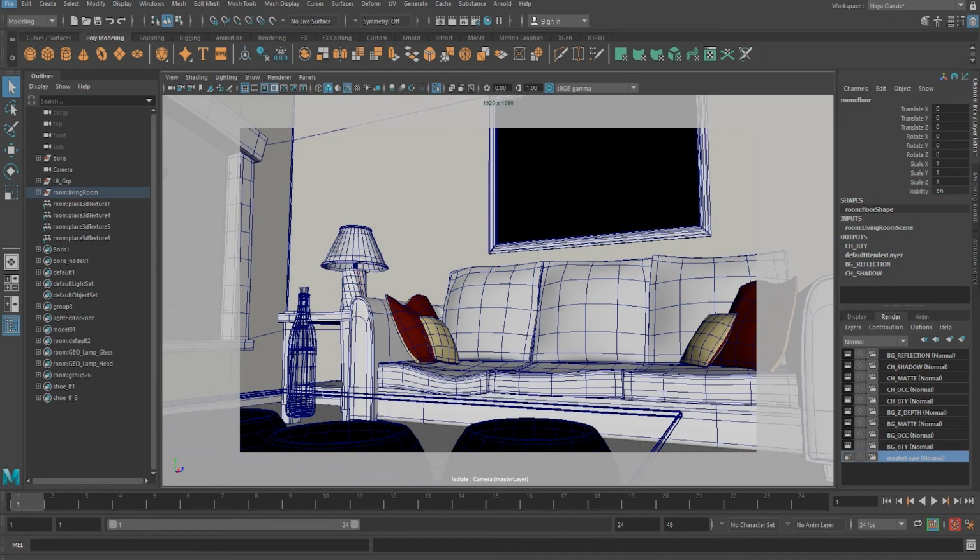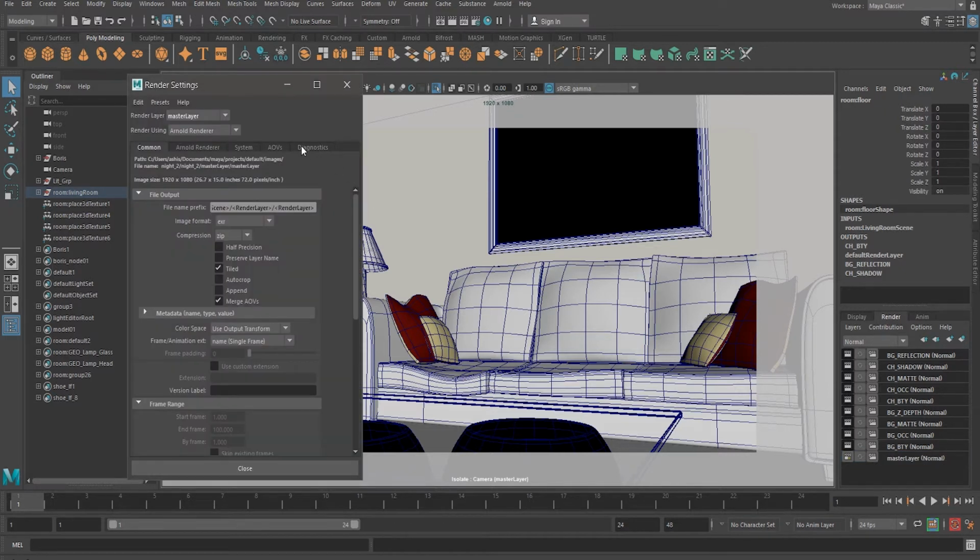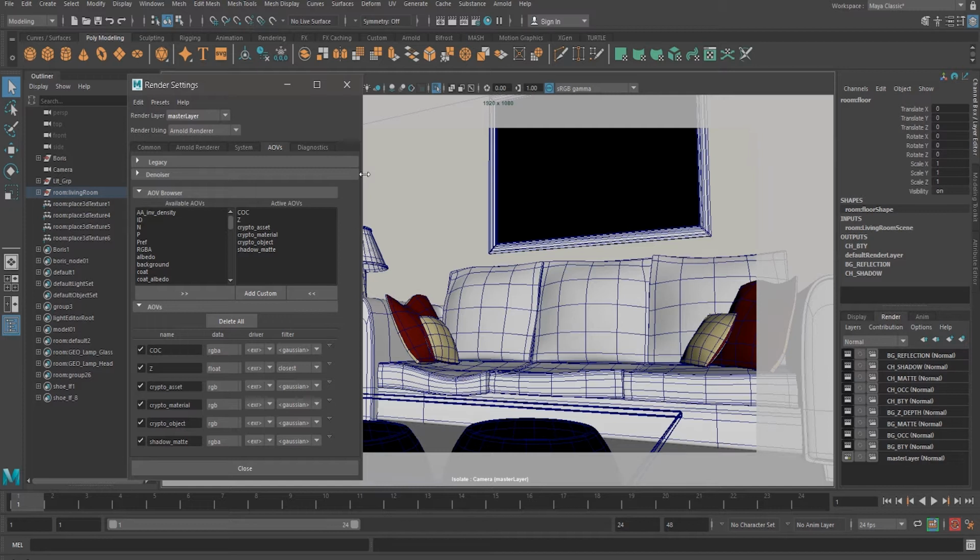So as we are done with creating those layers, now it is time to create the AOVs. As we discussed earlier, AOVs are the secondary passes that we render to get better control in post-production for creating our desired outputs. So we will be creating two different types of AOVs. One will be manual, that we will create manually, and a few will already be there in Arnold's AOVs tab. So we will use these two.